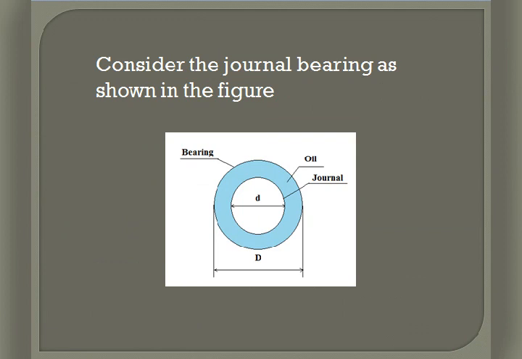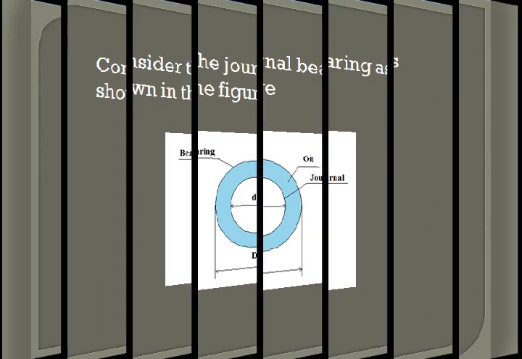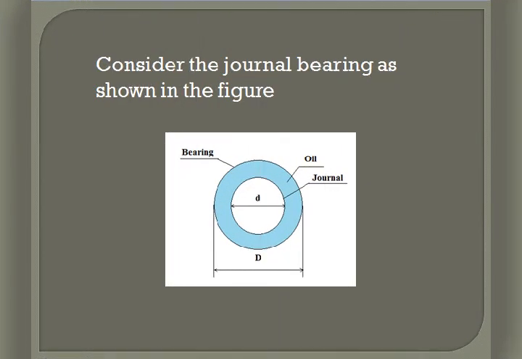Now look at this figure. The bushing is nothing but the bearing, in which the journal has been kept. So journal is nothing but shaft and bearing is nothing but a bush. In journal bearing there is no question of balls or cylinders. Here oil will take the entire bearing load. There is a provision to fill the oil, that is the oil fill hole, and a sump, through which the fluid is going to flow.